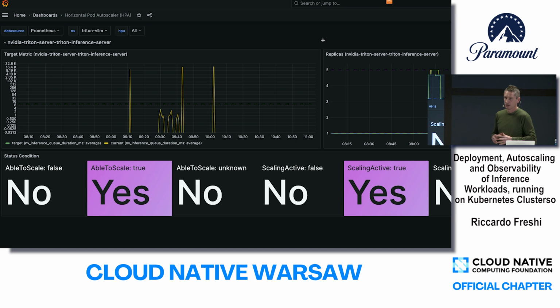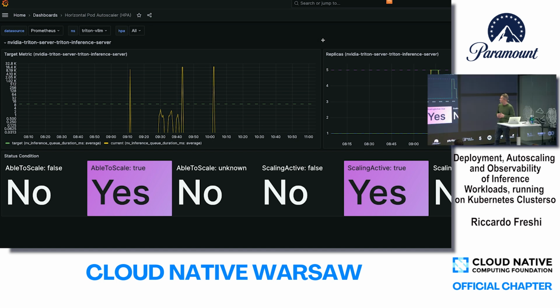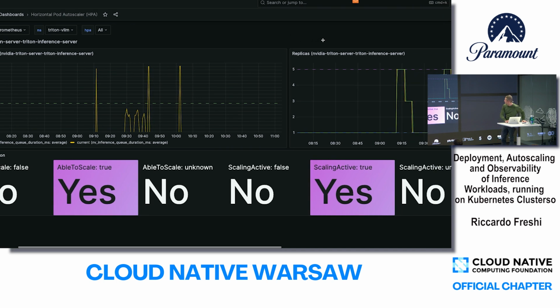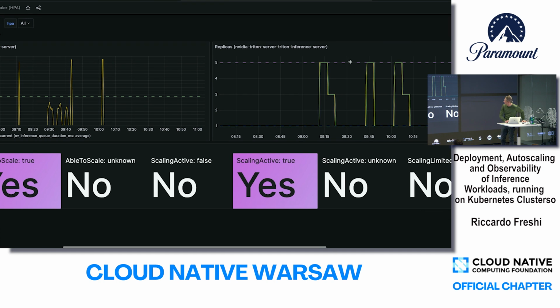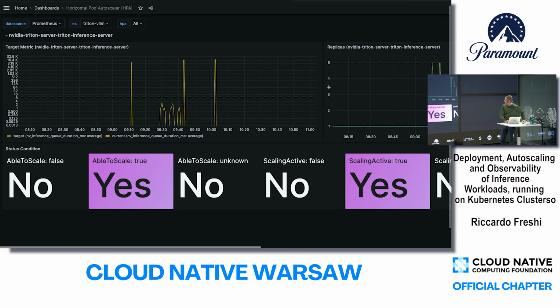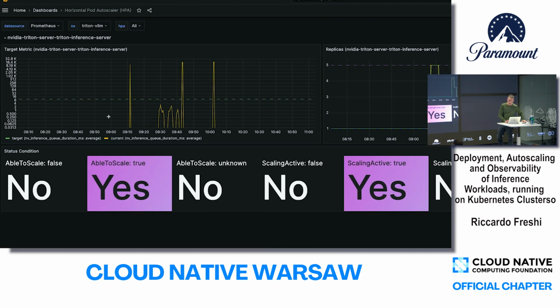So the horizontal pod autoscaler, which creates multiple replicas, which you can see in here on the right. You can see 3 spikes here that are correlated to these spikes also